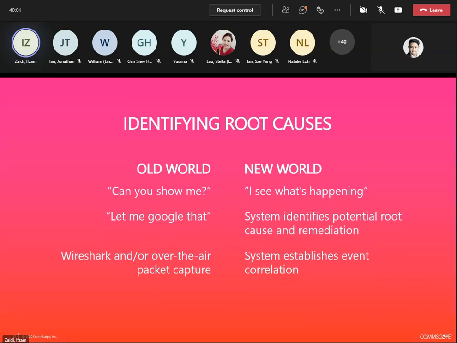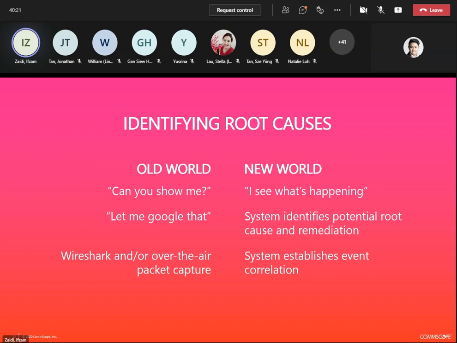So you can see that using Ruckus Analytics, you can differentiate between the old world and the current world. By identifying the root cause, in the old world you usually had to question it yourself.